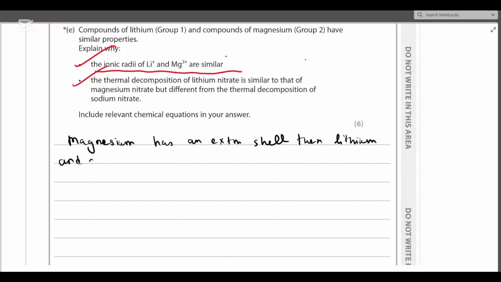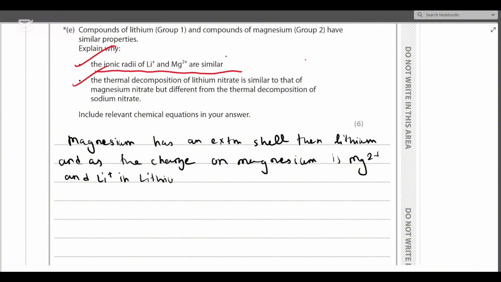And as the charge on magnesium is Mg2+ and Li+ in lithium,